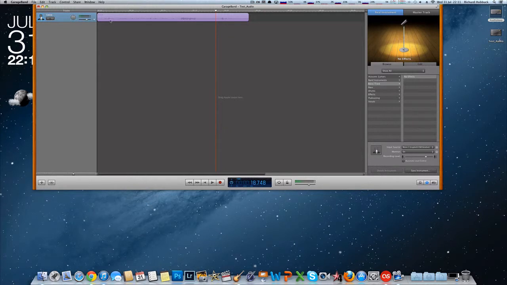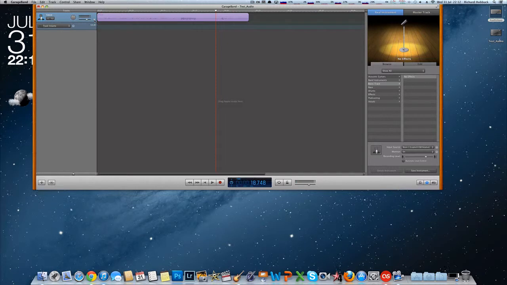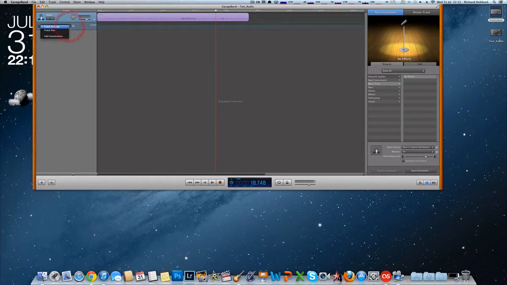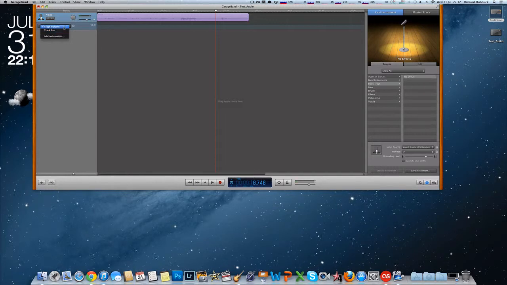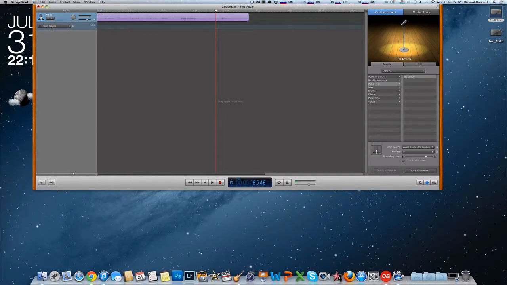Now, you noticed before that I had another little blue line underneath this which controlled the audio level, or the gain, the volume in other words. If you click on this little drop down arrow here, you'll see that the track volume select bar comes on. If you left click on the double selection arrow here, this little window will pop up. You can select it for track volume, track pan, or add an automation. Just leave it on track volume, but what we have to do is